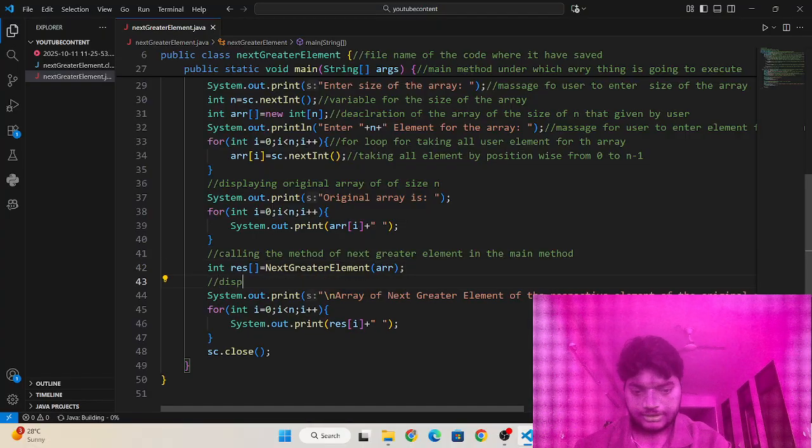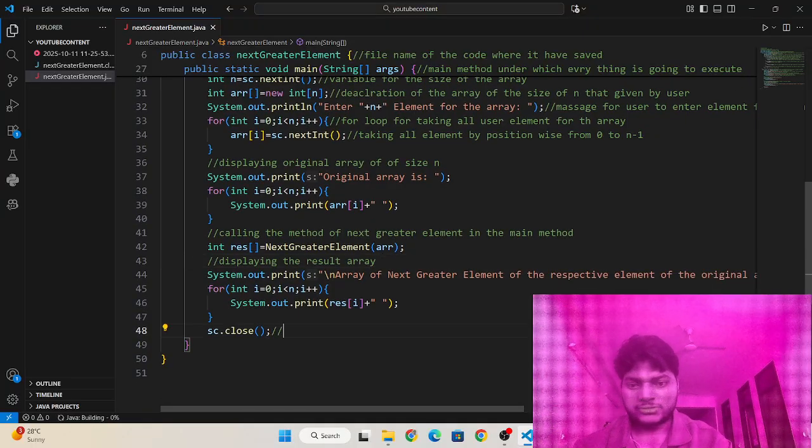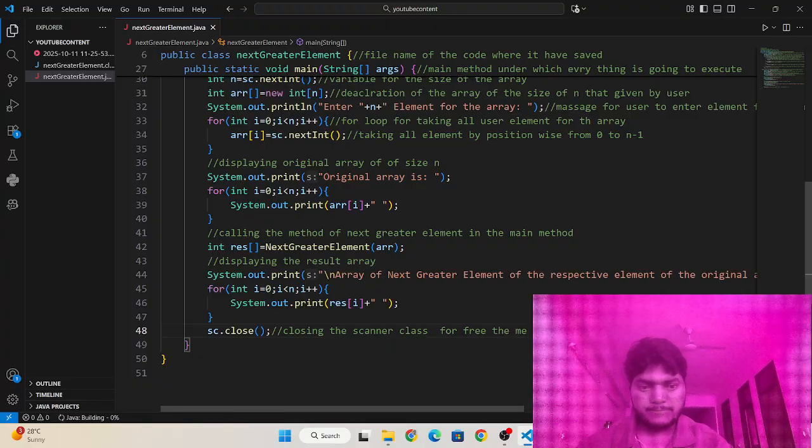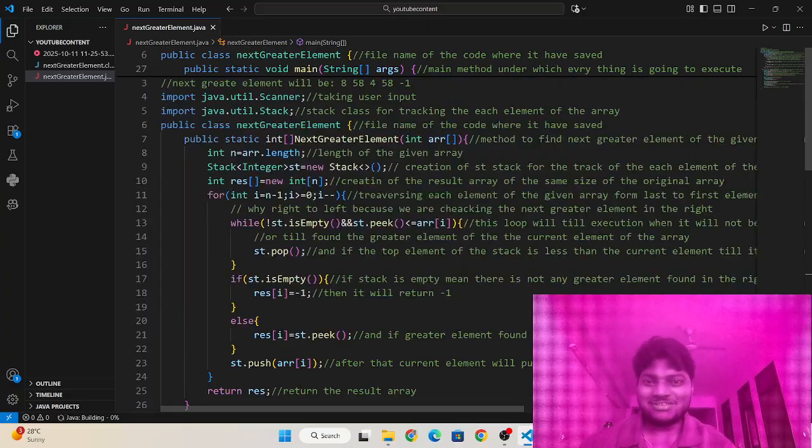displaying the result array. Okay, and here is closing the scanner class to free the memory. Okay, done. And so this is the comment, guys,